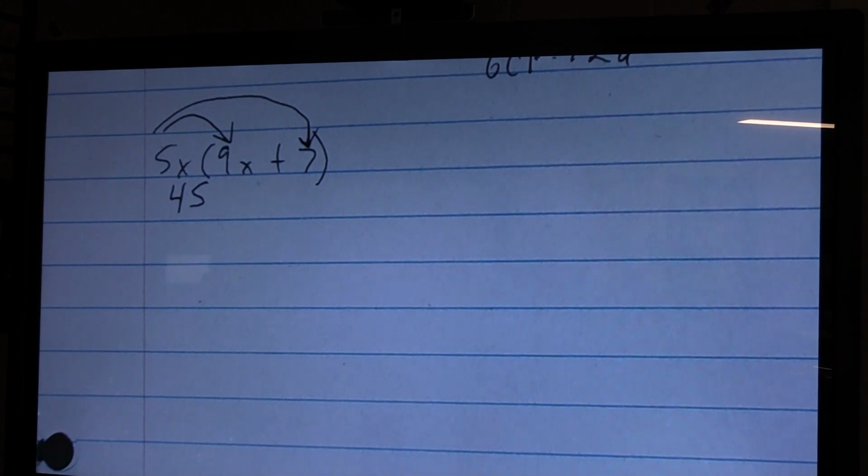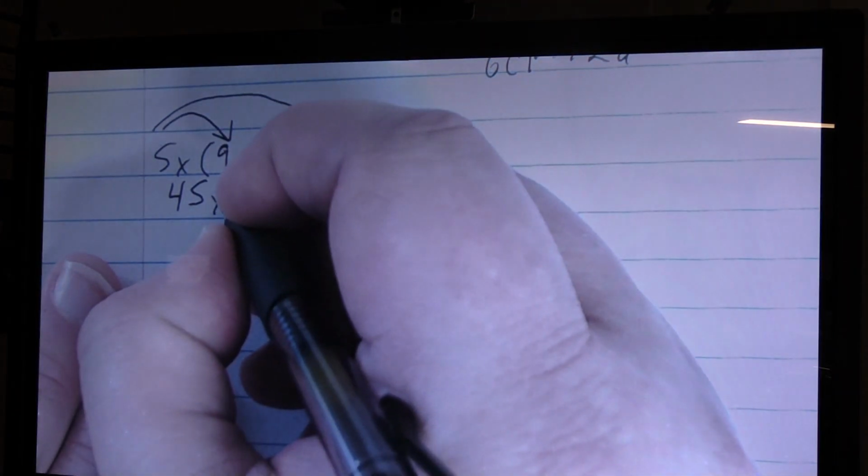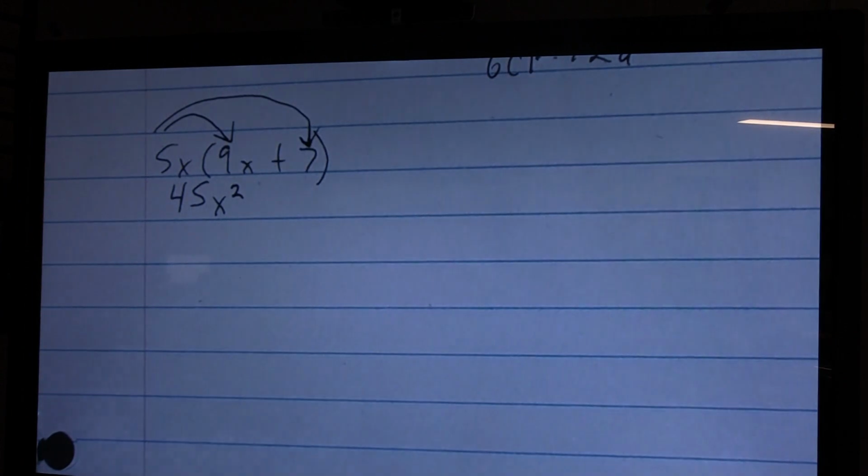No, not just 1x. I got 2 of them. We had this situation a little bit ago. x squared. X squared, because anytime you multiply a number by itself, you are squaring it. And since we are squaring x and we don't know the value of it, we're going to say x squared. Then 5x